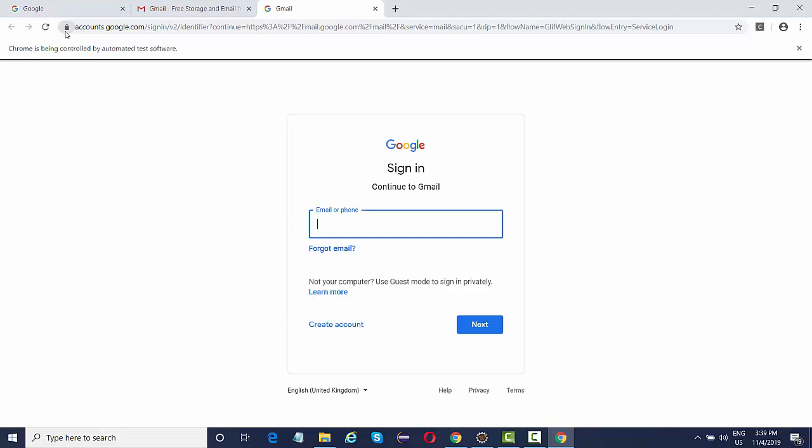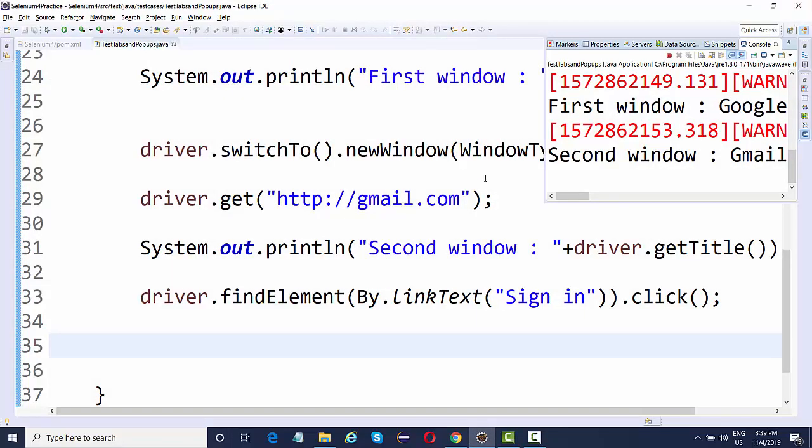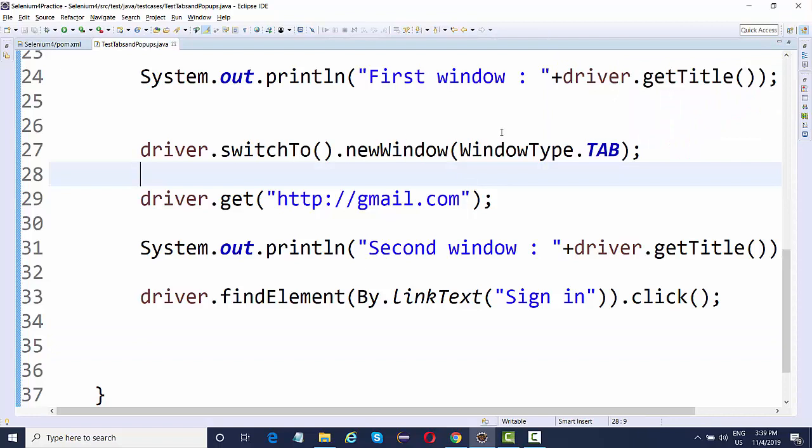So it clicks on sign in and it's a new tab now, right? Now from this tab, I again want to get the title that is Gmail. So this is open in a current session, but we have not switched on to the tab, right? We have not used a switch to new window type dot tab. So here we need to do a manual switch where we need to first get